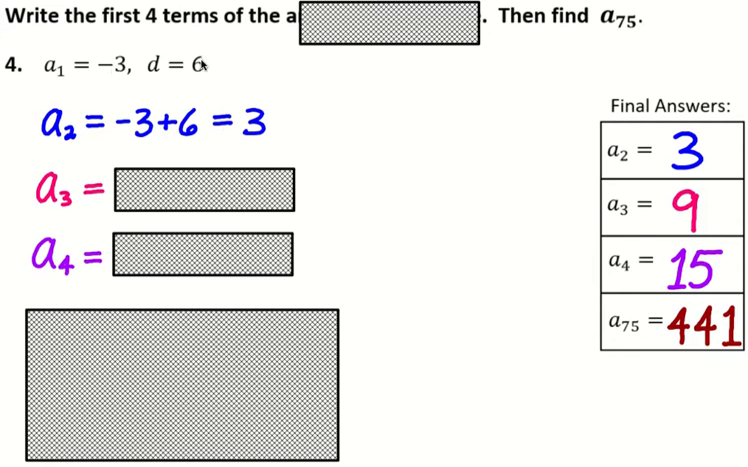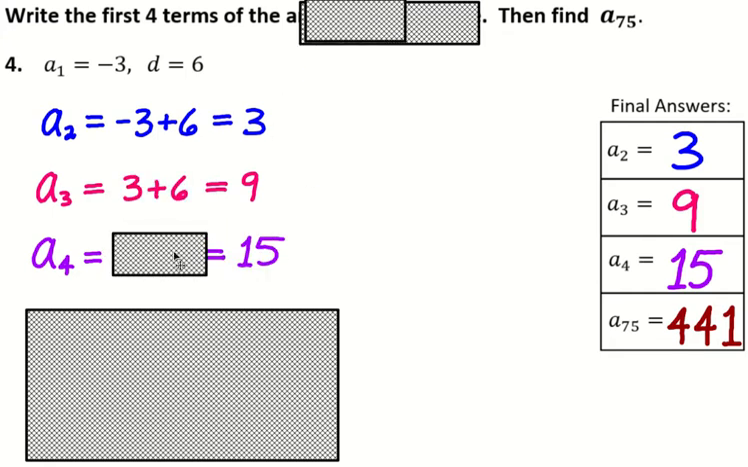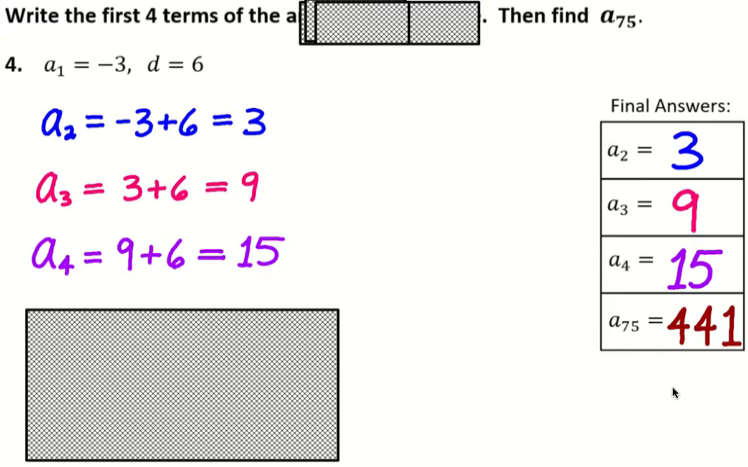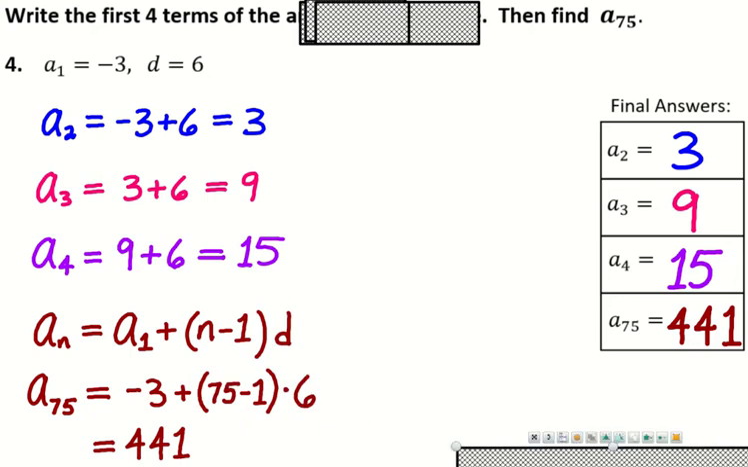-3 plus 6 to jump to the second term. There's a 3, and then you can just add 6 again to jump to the next term, and then add 6 again, right? But I mean, you're also supposed to find the 75th term, which, I can see the convenience of, now maybe